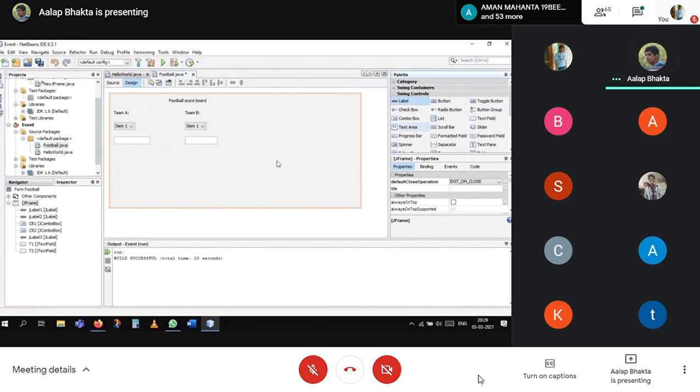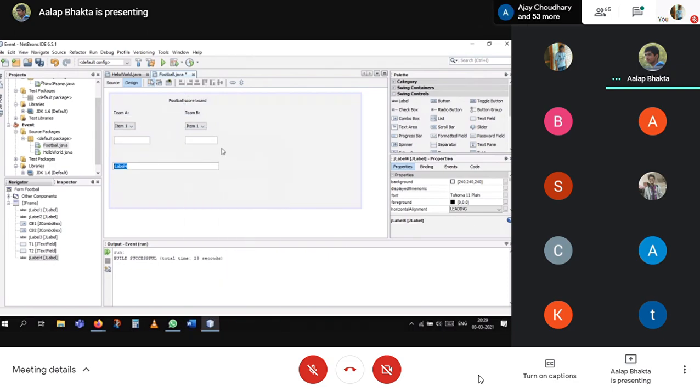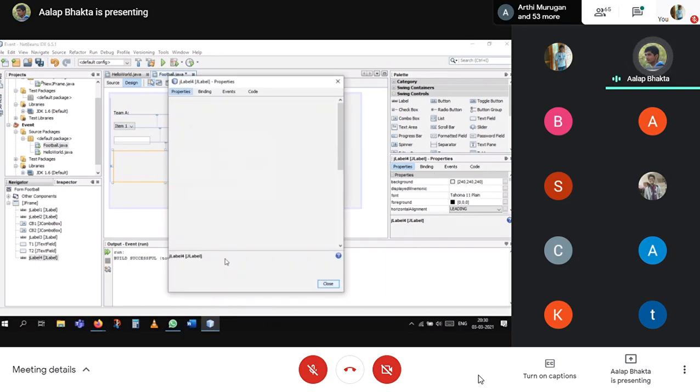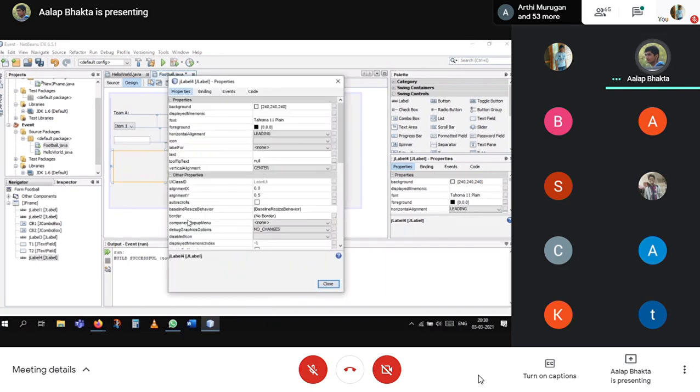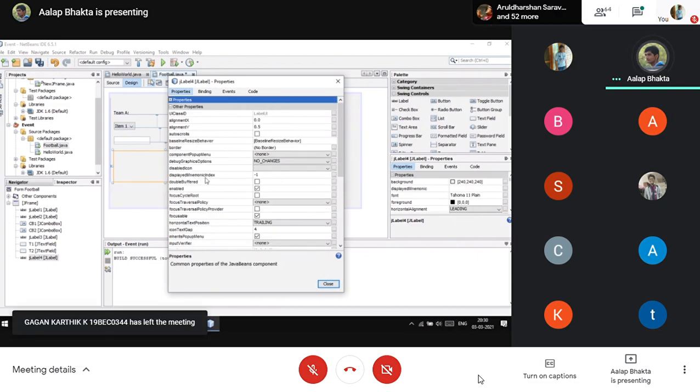Then I'll add a label. Edit text. Sorry, but during this frame design, we can't see the proper label. So just go over here in the label's properties and see there is a border, the border property.